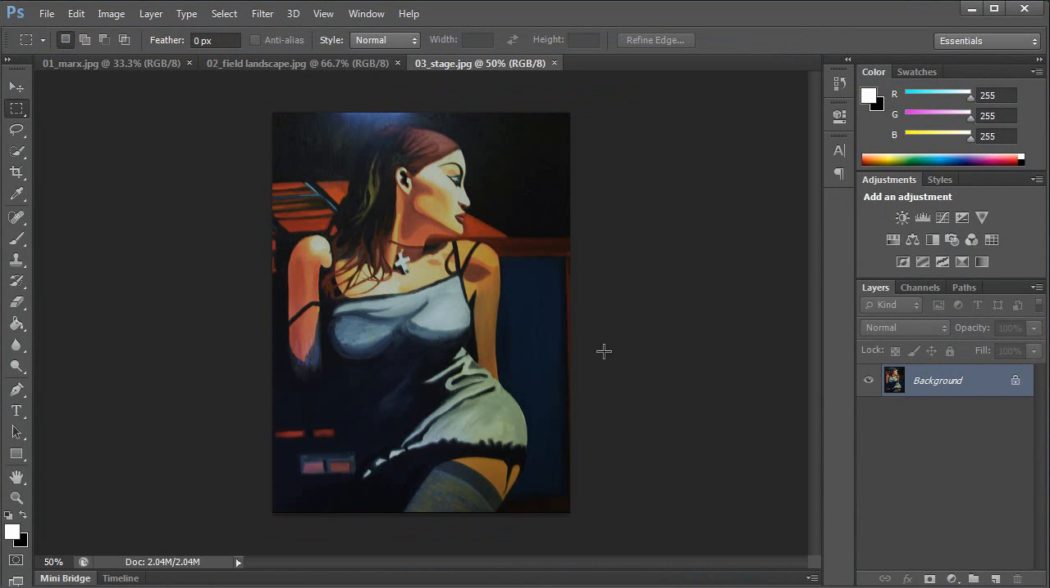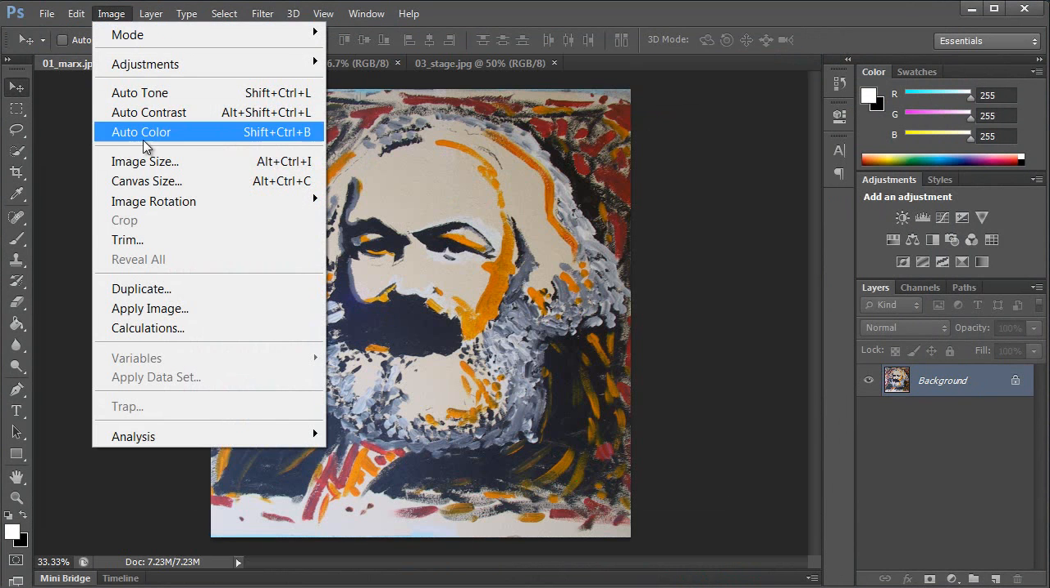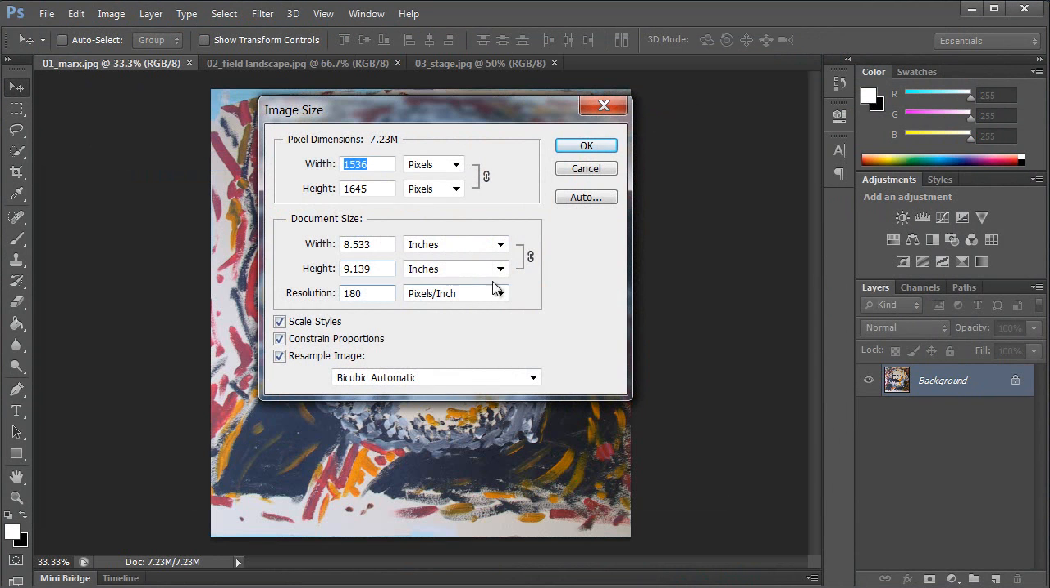Open them in Photoshop, and what we're going to want to do is go to each image and check its image size. So this first image, it goes to Image and Image Size. It's going to bring up our panel. So you'll notice the width and height is going to show 1536 by 1645, and our resolution is 180 pixels